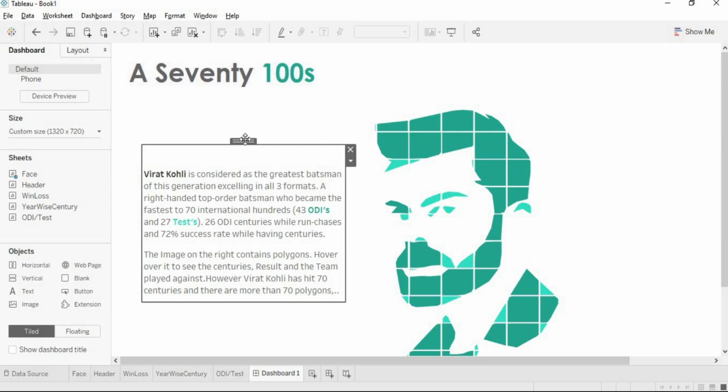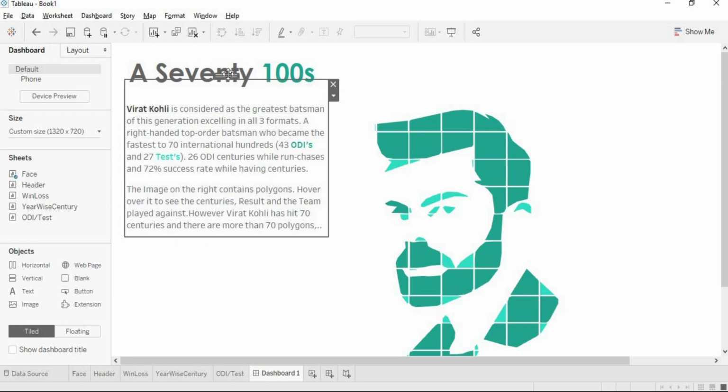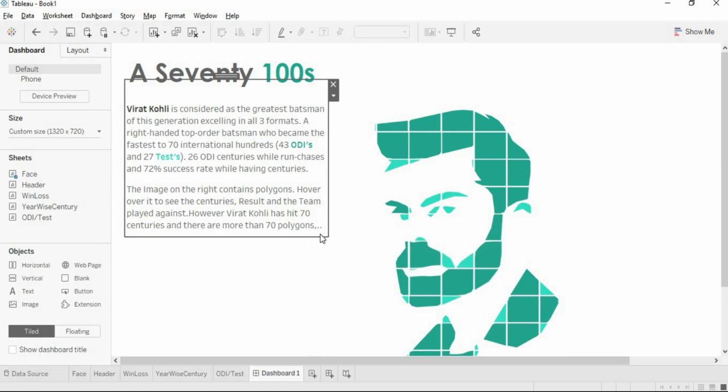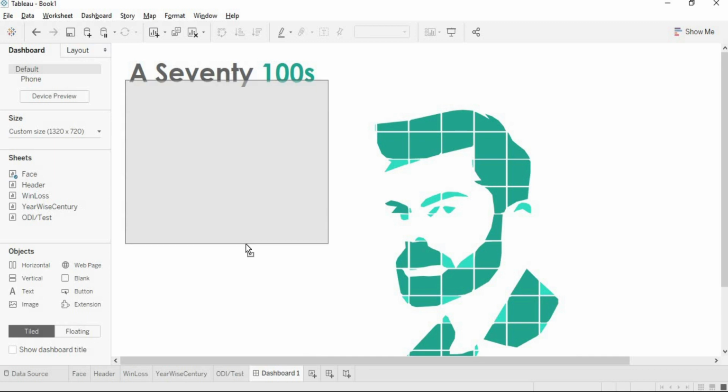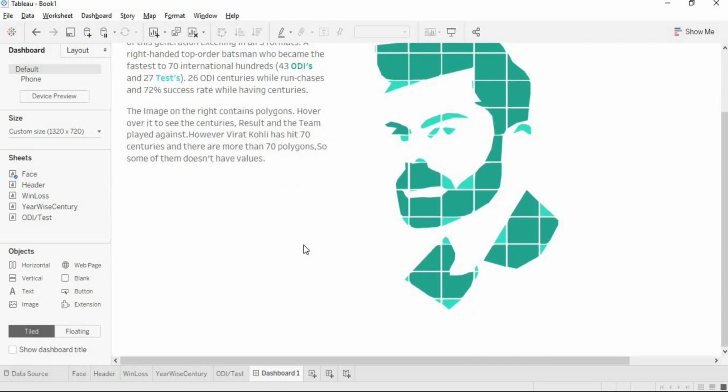Okay, that's enough, and I will be adding it just at the bottom of this. Okay, fine. So here we have a few descriptions of the image, and look at this, there are two dots, which means the entire content is not visible. So just extend the height so everything is visible. Now I will be adding the charts that we have created. So first I will be adding the win loss chart.